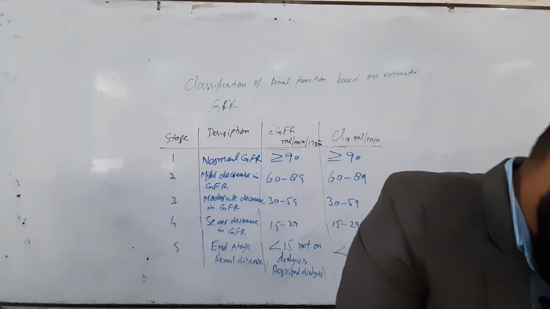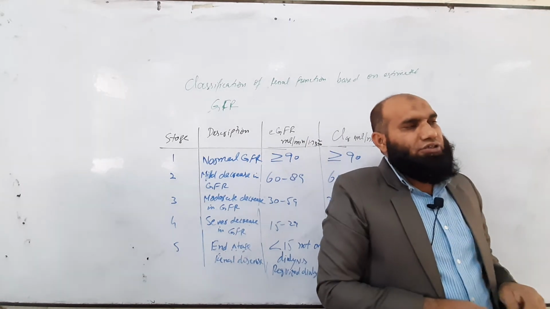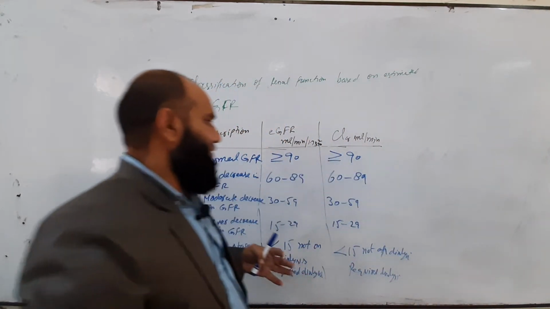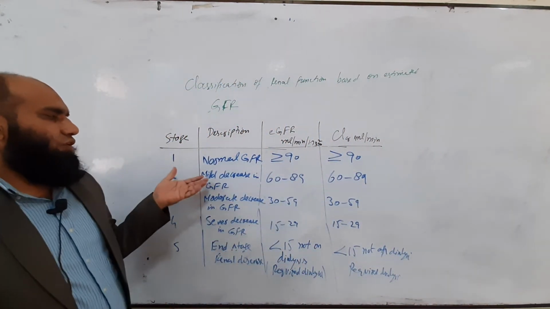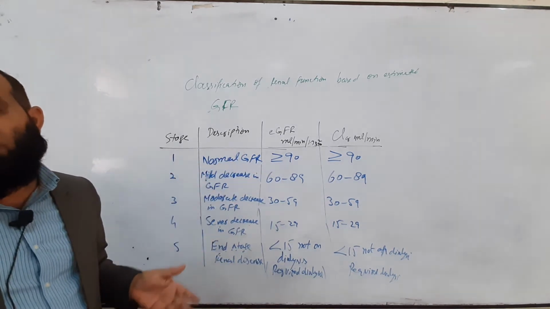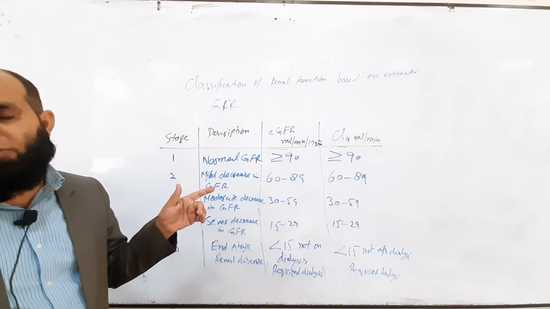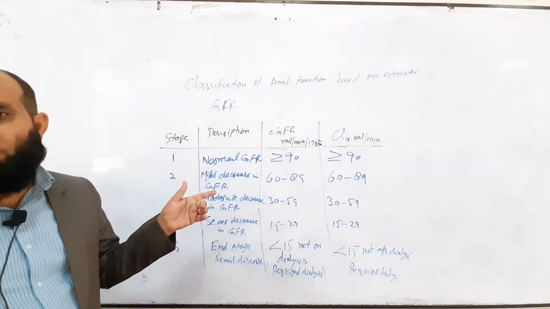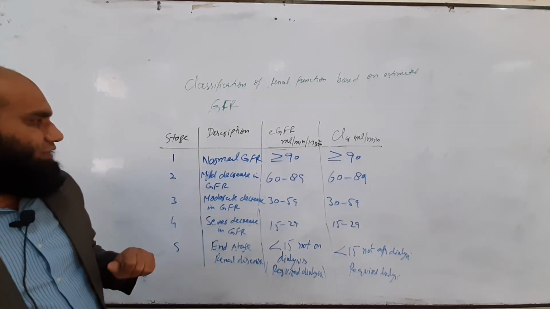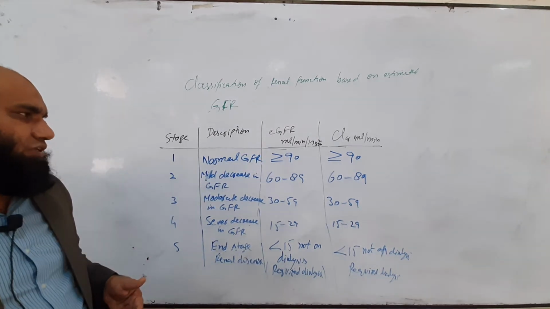So we can assume that when we have an accurate value of glomerular filtration rate, there is a direct relation with creatinine clearance, with the same values and the same conditions. If we find a normal GFR, normal GFR is more than 90. We have already discussed in our previous classes that the normal value of creatinine clearance in adults is, in female, 108 plus minus 20, and in male, 120 plus minus 20 ml per minute. Same in case of more than 90, meaning we are moving toward the area which we assume is the normal value.